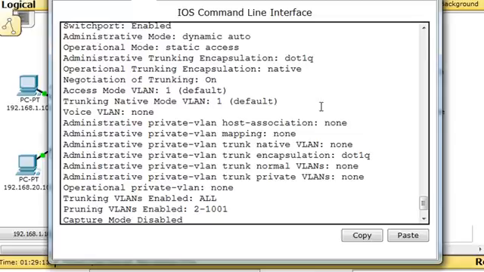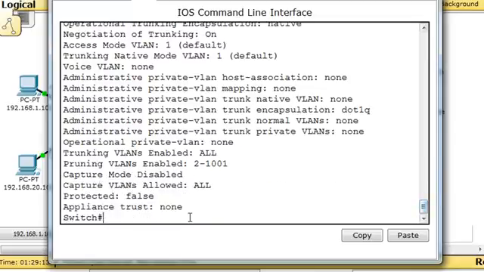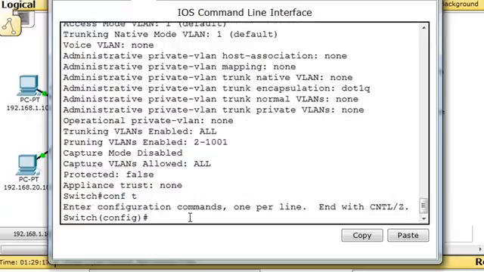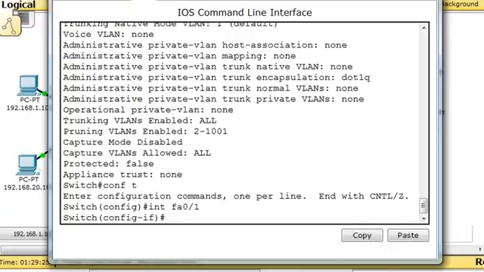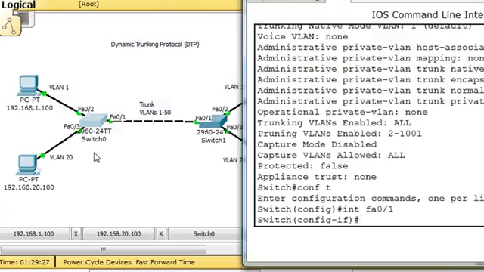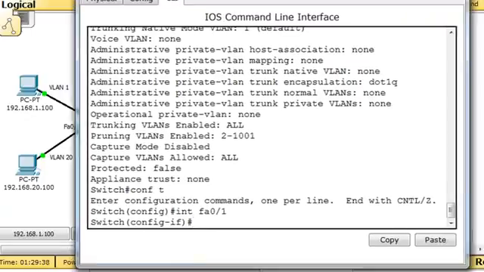Okay, so what we'll do is we'll go into this switch and we'll say conf t to get to global config mode, and then we'll say interface FA 0/1 to get into our interface 1. Now why am I doing this? Because this is interface 1 on this switch right here, right? Switch 0, interface 1, and we want to turn it into a trunk, right? So